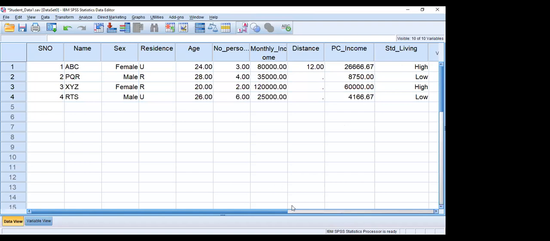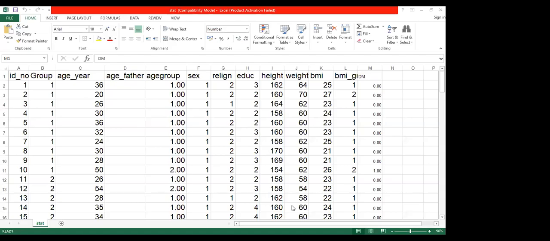Okay, we'll come to the Excel file now. This is the Excel file we are seeing. So you have generated your database in Excel.